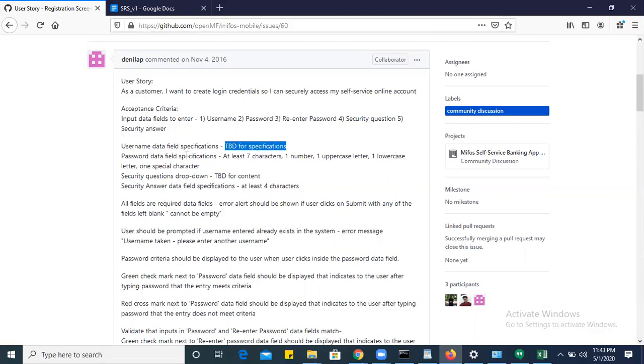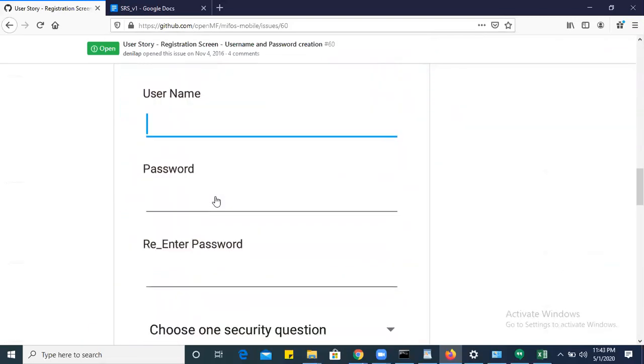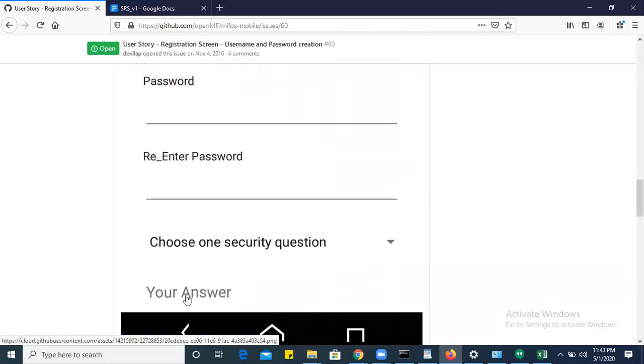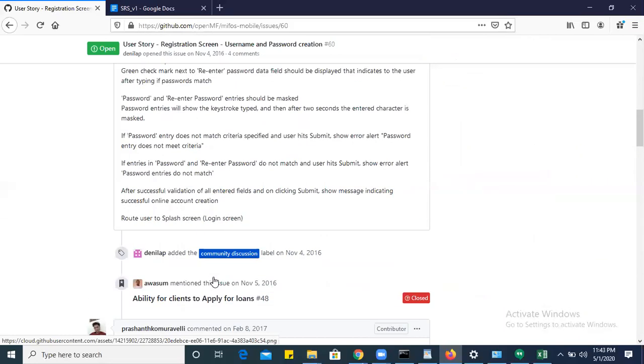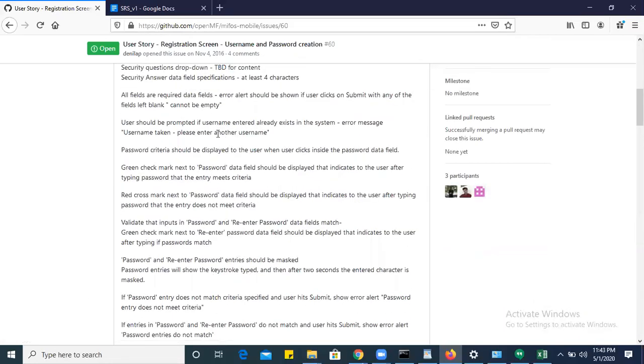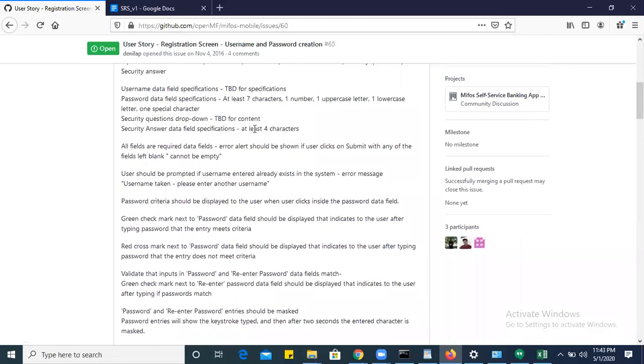Next is the security question drop down. What content should be in the drop down is not mentioned; it's still to be determined. Security answer data field specification means whatever answer we enter here should be at least 4 characters.